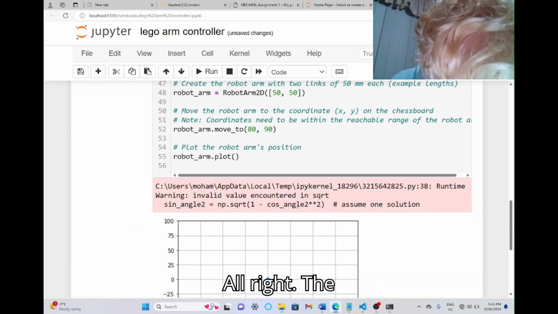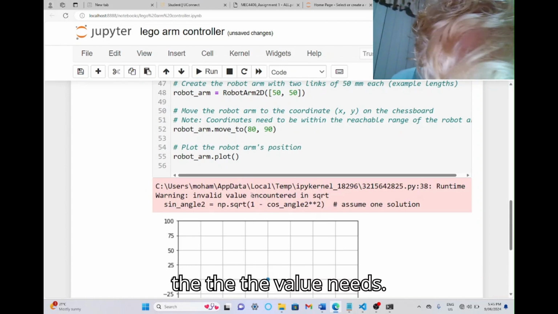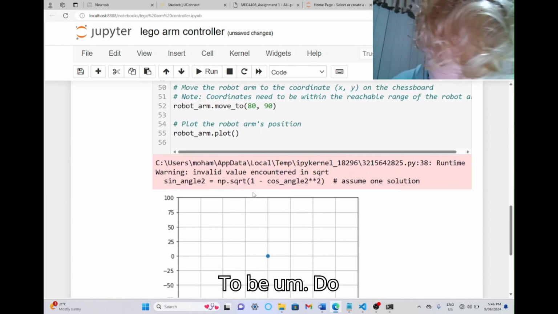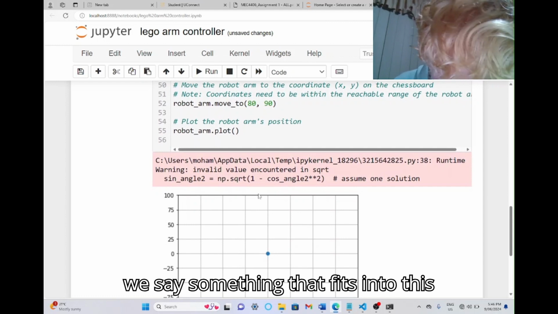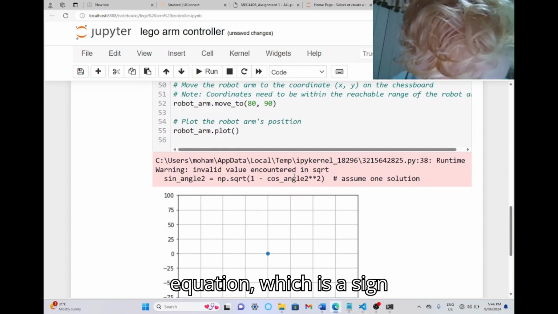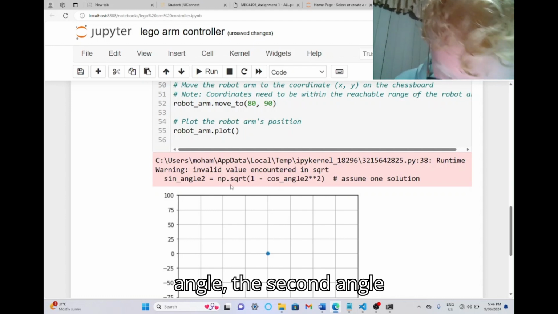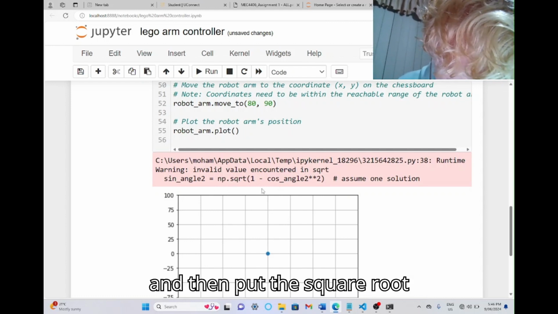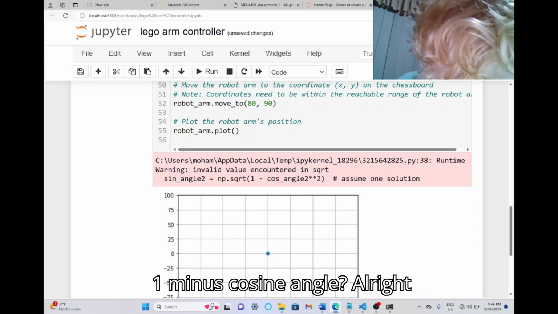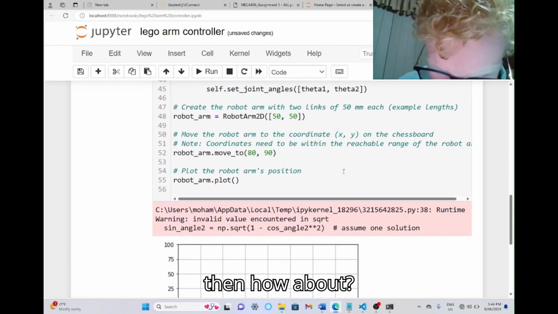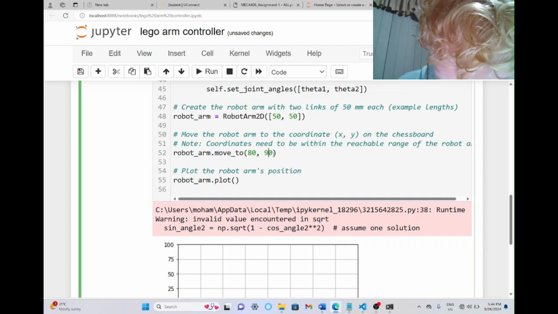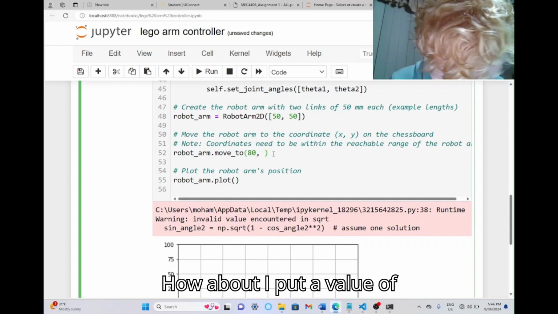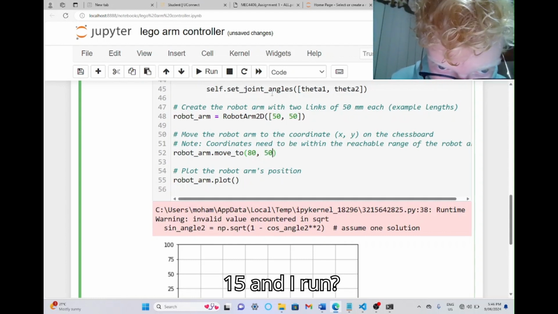Alright, the value needs to be something that fits into this equation, which is sine of the second angle, and then the square root of 1 minus cosine of the angle. Alright, then how about